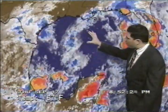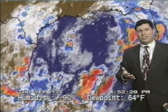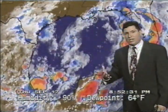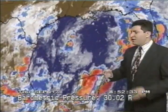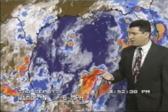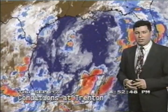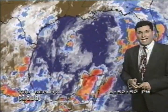Now right now, that's why it's drifting southwest, because this is caught up in that larger circulation. But this circulation at the upper levels appears to be weakening and moving away, so we are expecting a turn back more to the north as we go into the day on Friday, and that's why the National Hurricane Center has the watches issued here along the Texas and Louisiana Gulf Coast. So we'll be carefully watching the situation, and stay with us here at the Weather Channel as we continue to bring you the latest information that comes out from the Air Force Reserve Hurricane Hunter aircraft and from the National